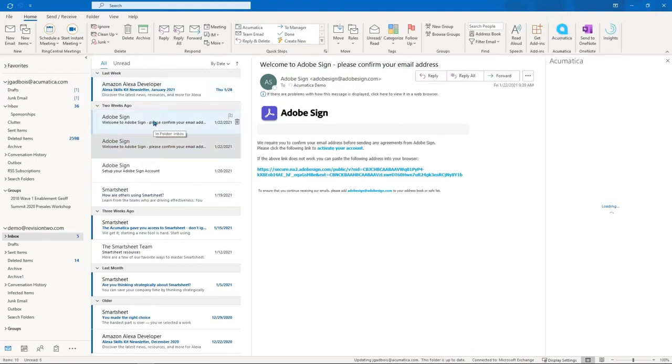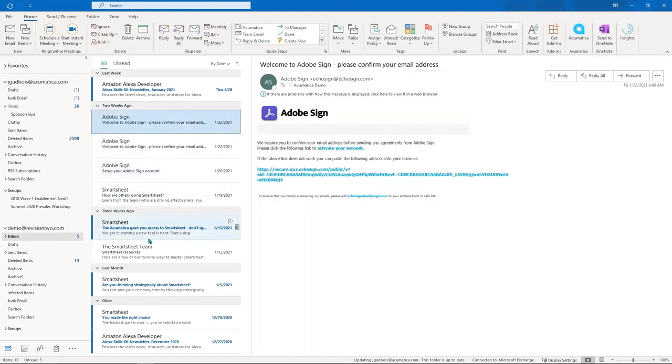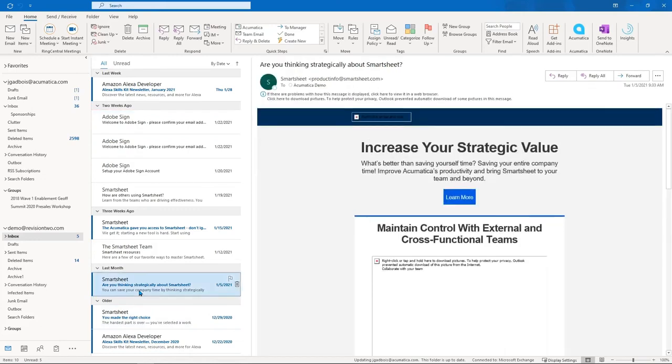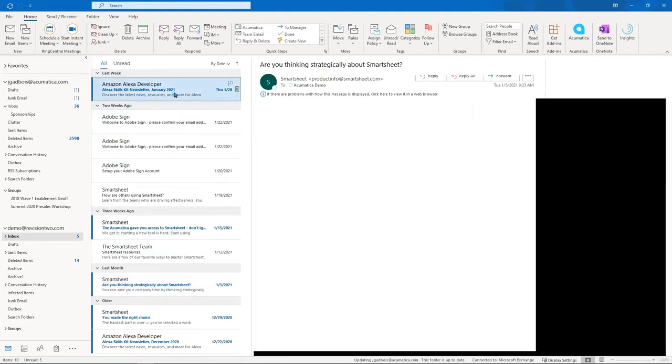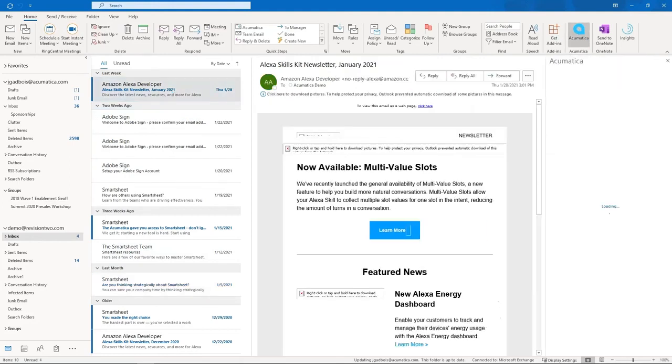And what that actually will do is it will go out and connect to Acumatica. So I can essentially take any leads that I'm conversing with in my inbox or activities that I might want to send over to the ERP, and I can use this Acumatica plugin to do that. This is also how we can scan AP inboxes or AP PDFs, if you will. If you'd like to actually, to Kevin's point, take an AP bill, scan that document, and push that right into your Acumatica instance, you can use this Acumatica plugin to do that.